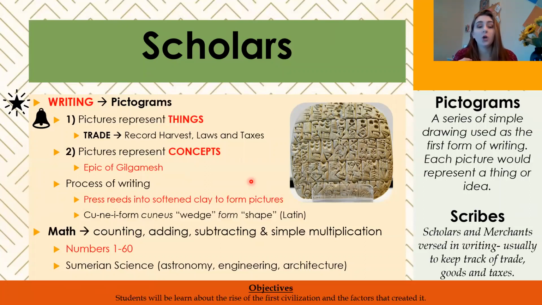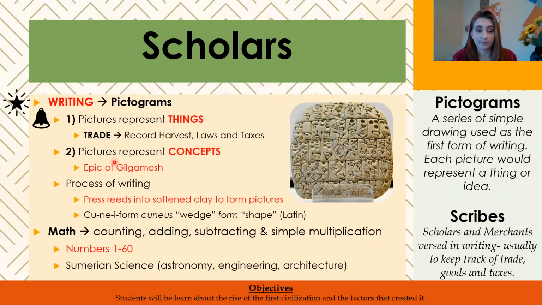The people who would take down this information, who knew how to write, were called scribes. These were either scholars or merchants versed in writing, usually to keep track of goods and of course taxes, because everyone needs to know where their money is going. Over time, writing began developing to represent concepts instead of just things. Each symbol represented a concept, phrase, saying, or sentence. And this is how we get early fables like the Epic of Gilgamesh, which talked about an early Sumerian king